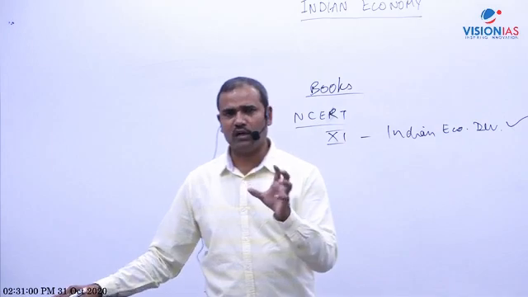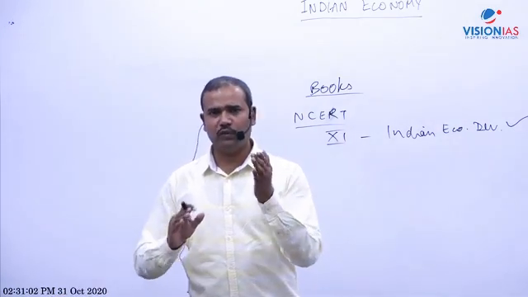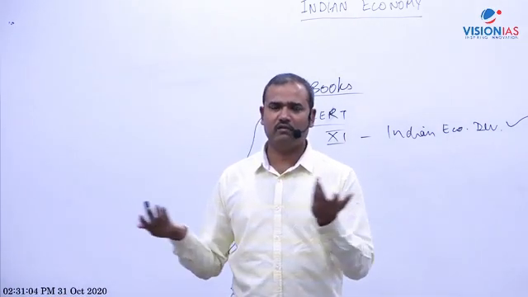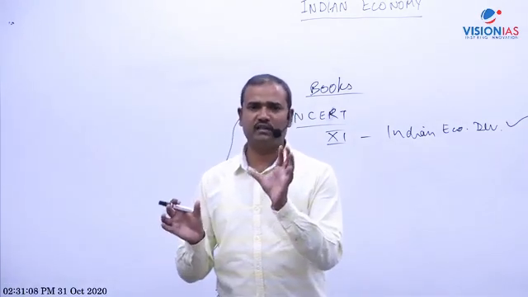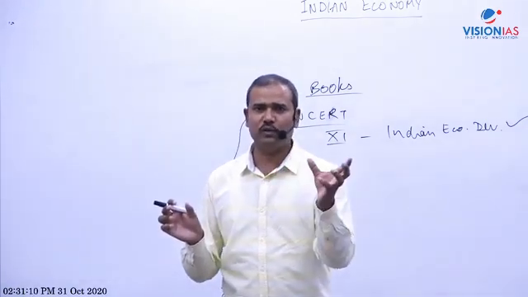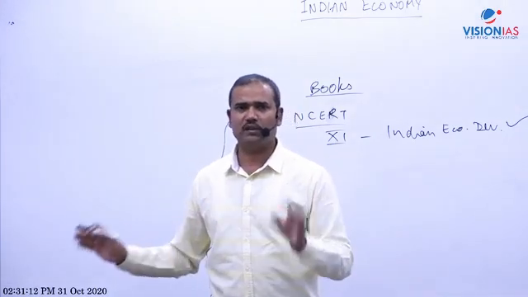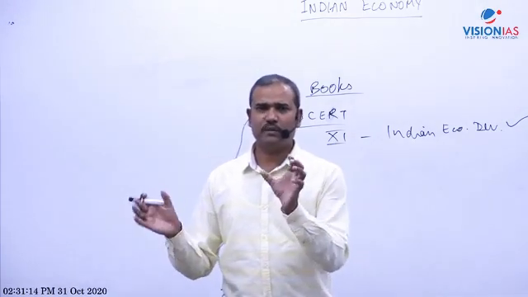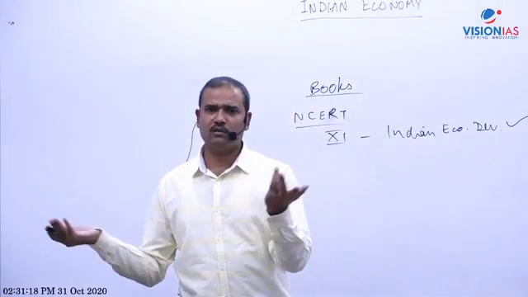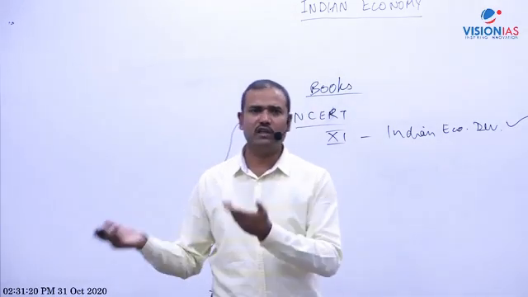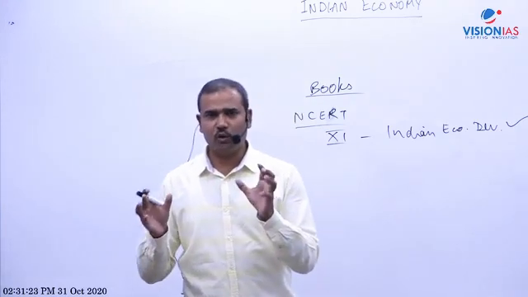After that, if you want to go to previous ones, then volume 1 of maybe 1 or 2 years previous you can go through. You have to be selective, and see what topics are important from the mains point of view. Selected topics only, not all topics. There are normally 10, 11 chapters in volume 1. So out of 10, maybe 3, 4 chapters you may go through, in the last 2 or 3 years. But you cannot do it now.